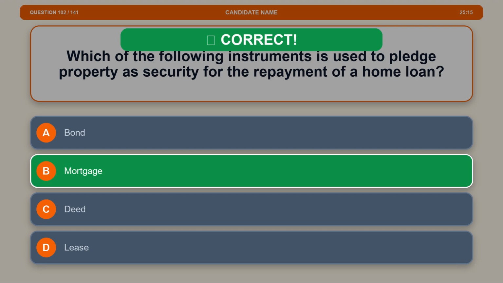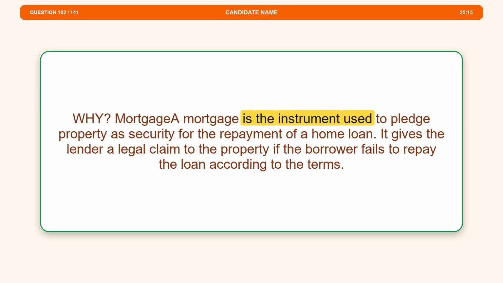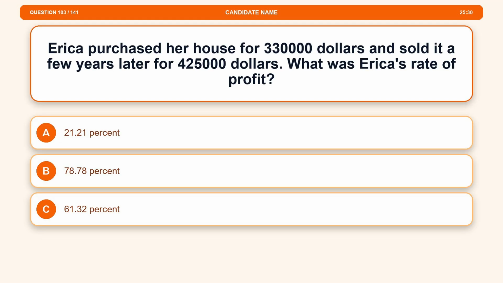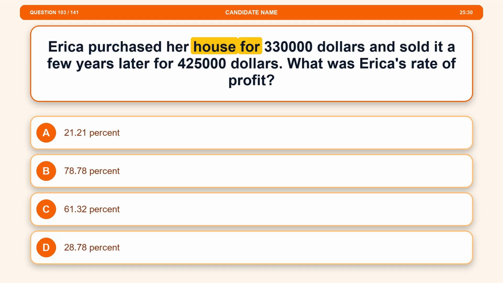The correct answer is option B. Mortgage. A mortgage is the instrument used to pledge property as security for the repayment of a home loan. It gives the lender a legal claim to the property if the borrower fails to repay the loan according to the terms. Question 103. Erica purchased her house for